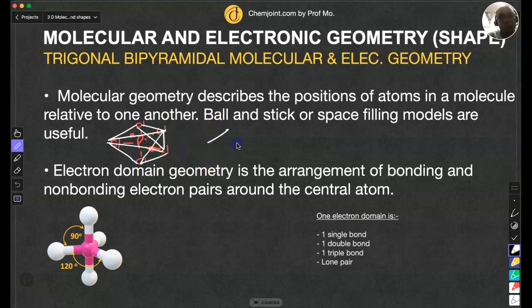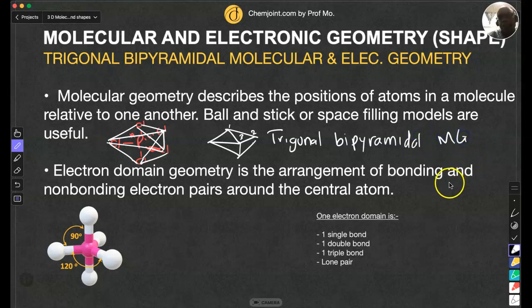So you have a pyramid on top and a pyramid at the bottom. You see how each face has 3 corners. So you get trigonal, and with 2 pyramids, bipyramidal